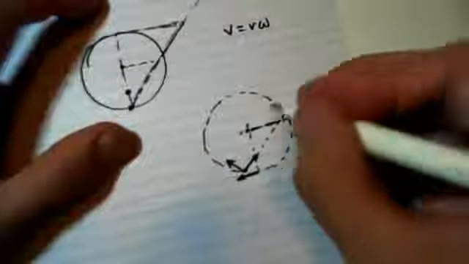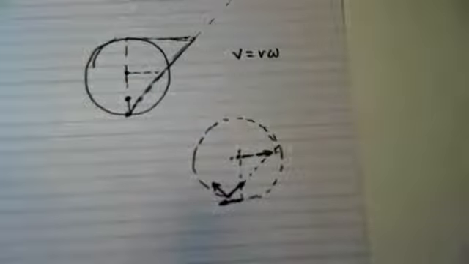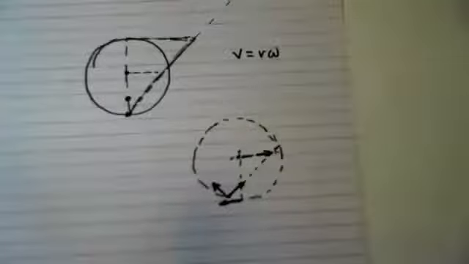And the velocity there will be 0. So all we have to do really is define what our instantaneous center of 0 velocity is, and we'll be able to